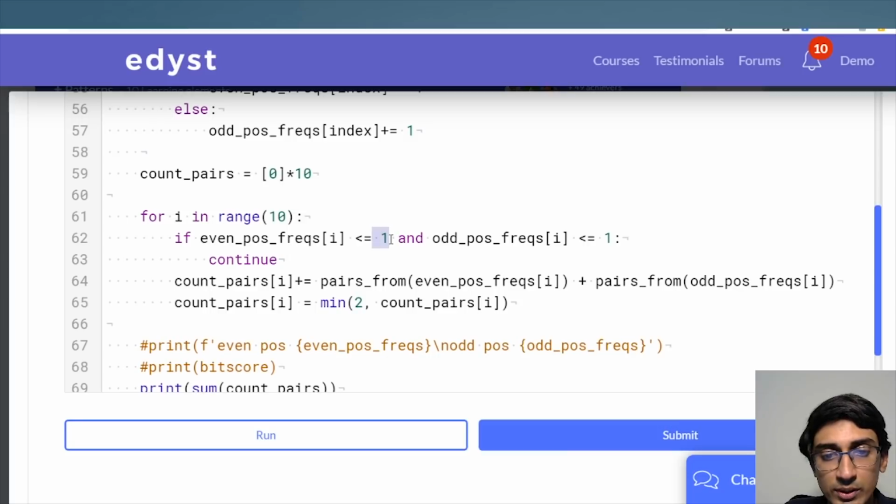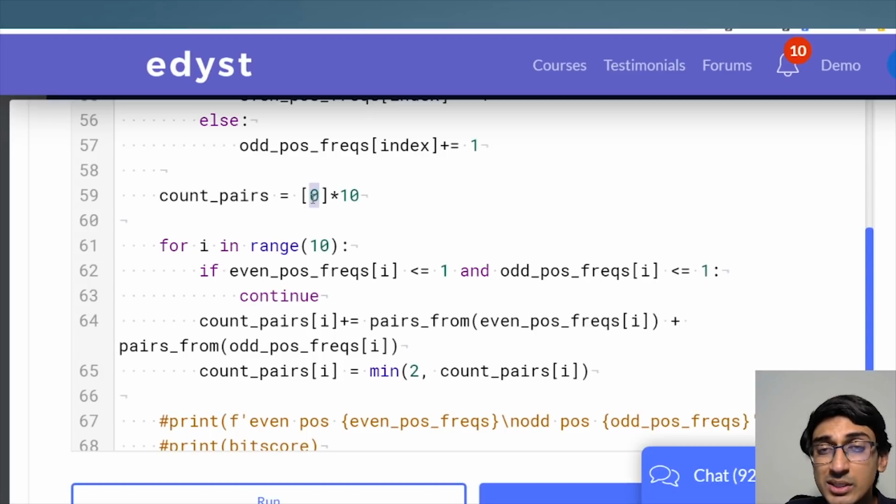So if the even frequency is less than or equal to 1 and the odd position frequency is also less than or equal to 1, then we just say continue, which is a fancy way of saying don't go further in this loop because we already initialized the pairs to be 0 for that particular significant digit.